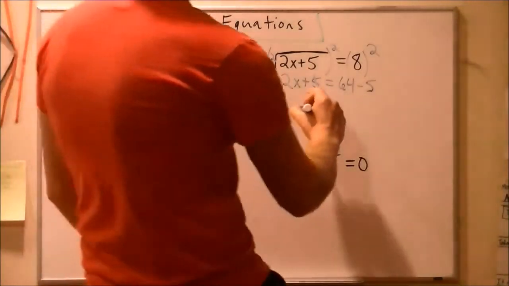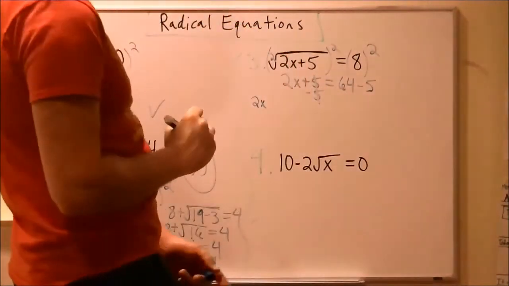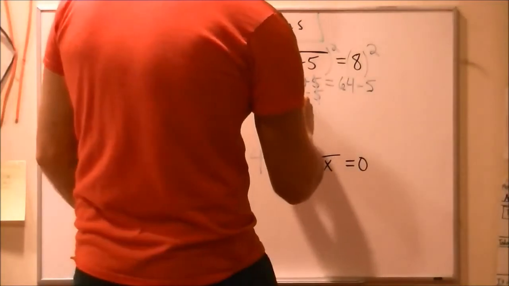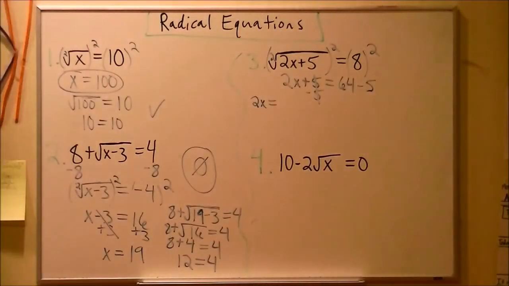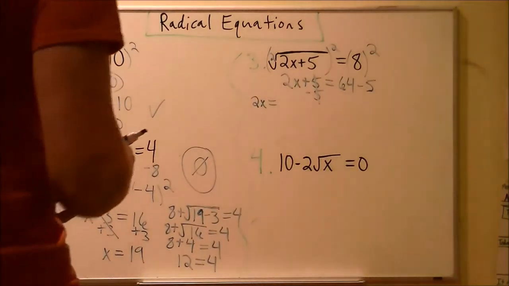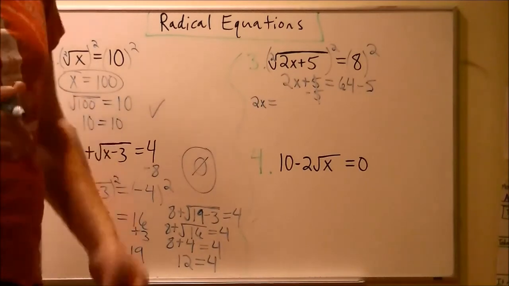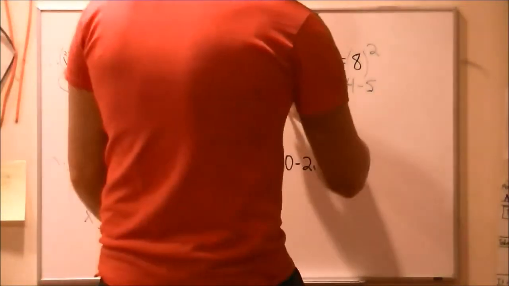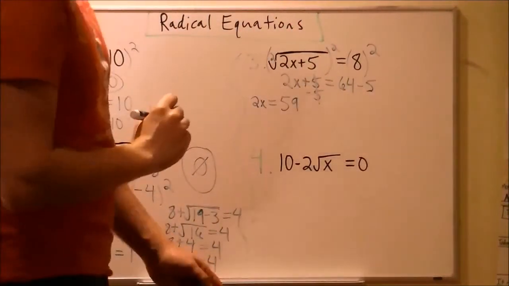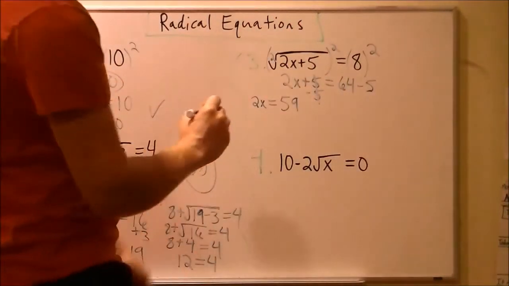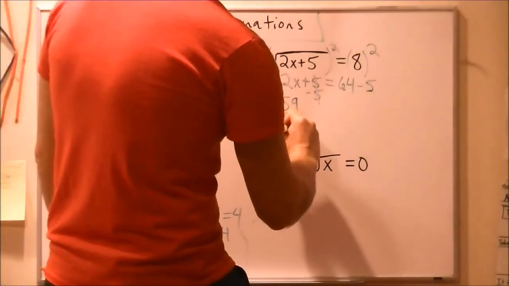And that with which I am left is, I'll write this over here to give some space for later, 2x equals, what is 64 minus 5? Hope your brain's working sharper than mine is late in the evening. So 2x equals, what's 64 minus 5? 59. And I finish solving, of course, by dividing both sides by 2, and x is going to equal